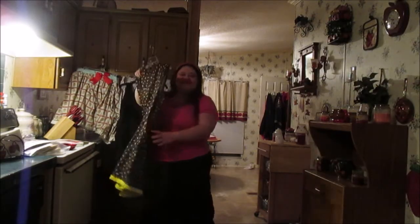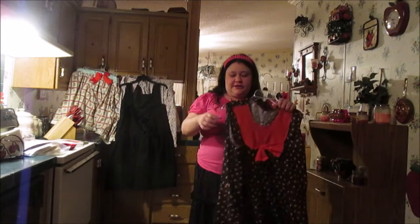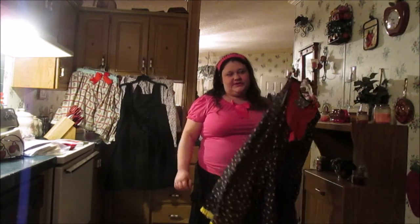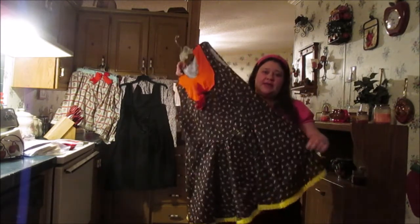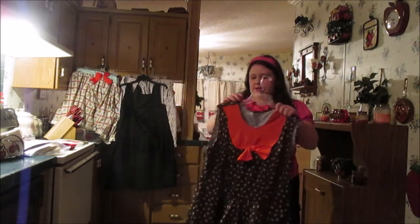Oh boy, this one. So, I wanted to make this dress last year. I really wanted to make a candy corn dress, but I couldn't find this fabric last year. But this year it was available. They had one at Joann's, but I ended up getting the one at Walmart because it was cheaper. And I actually like the fact that the candy corns were a little bit larger. I also usually wear it with a black blouse. So it's very candy corn